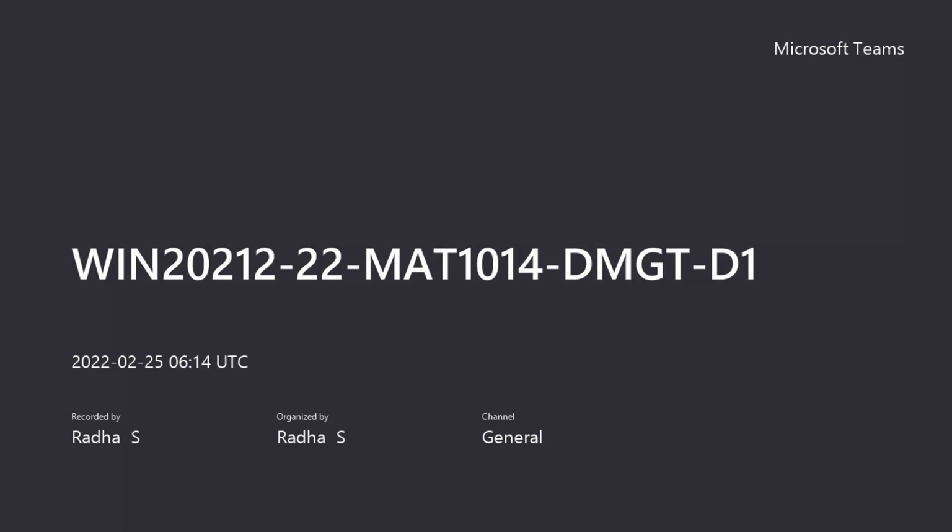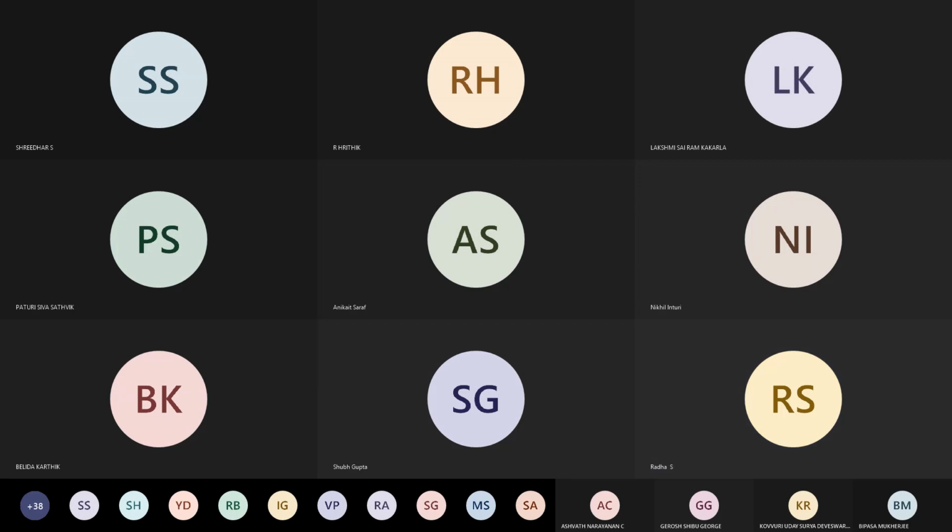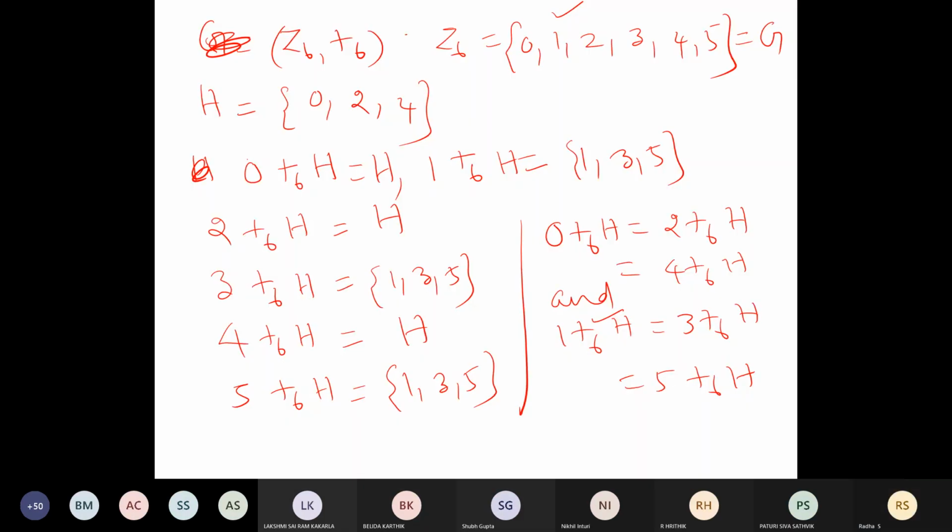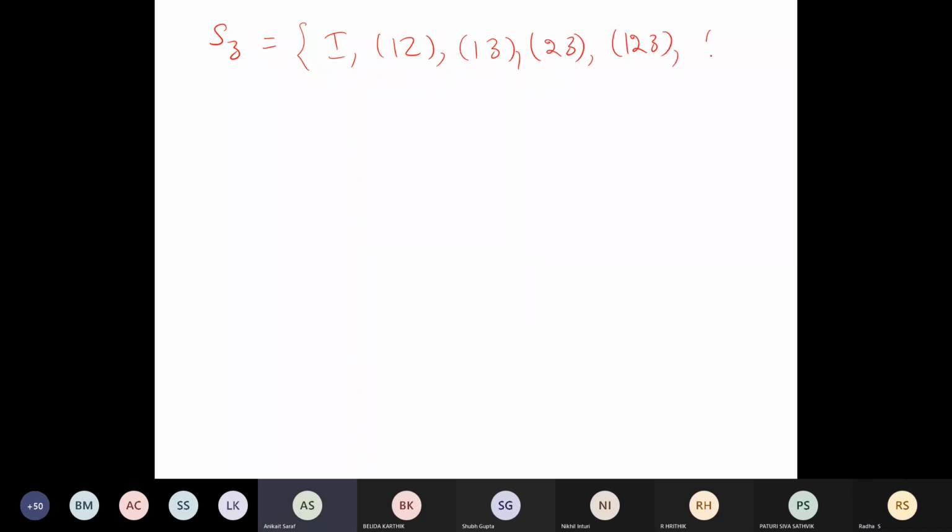I think yesterday I gave you work, right? I asked you to find the left cosets and right cosets of S3. I gave you one example also. Have you done it? Ma'am, for S3? No, ma'am. You didn't do it. Then okay, at least one I'll teach you.